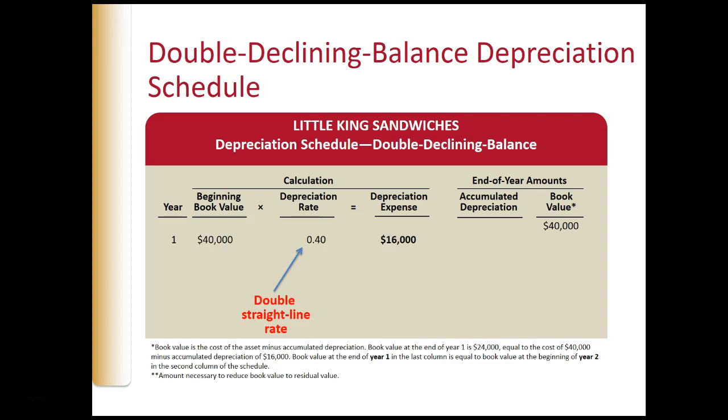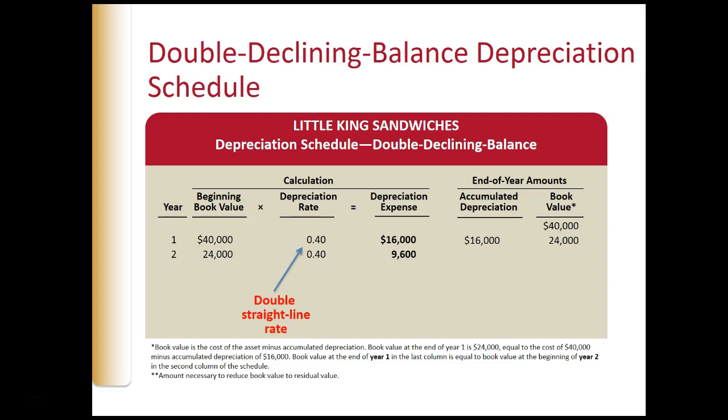Now this slide shows how depreciation is calculated under the double declining method. The double declining balance method is an accelerated depreciation method. Declining balance depreciation will be higher than straight line in earlier years, but lower in later years. However, both declining balance and straight line are ultimately going to result in the same total depreciation over the asset's